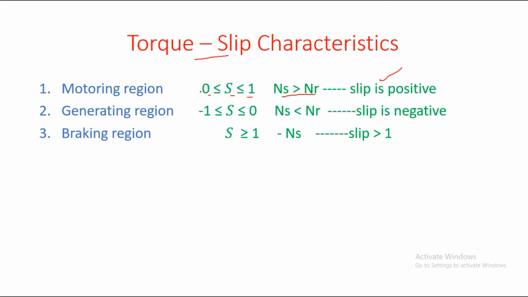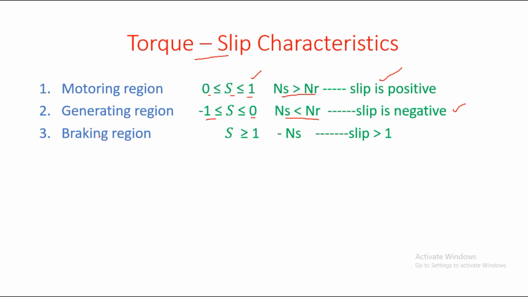So for a motor we have a slip range from 0 to 1. It is in the positive direction. And now for the generating region we are going to have a slip range from -1 to 0. It is just opposite to the motoring region. So we can say the slip value is positive for a motor, and for a generator the slip value is negative. It is possible only when we have synchronous speed less than the rotor speed, whereas for a motor we have to maintain more synchronous speed, but here the operation is just opposite.